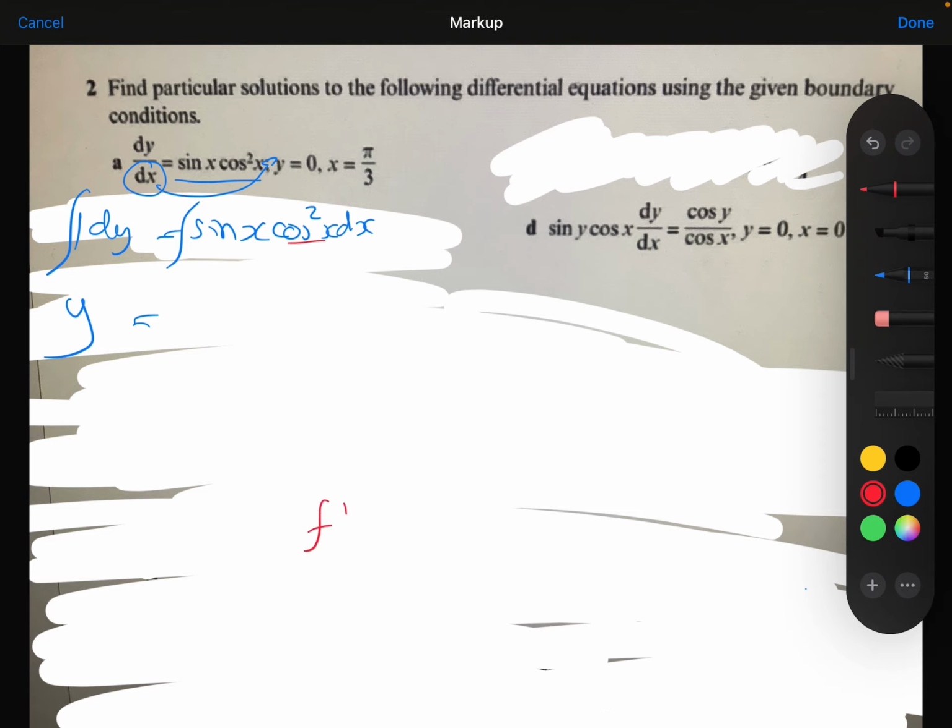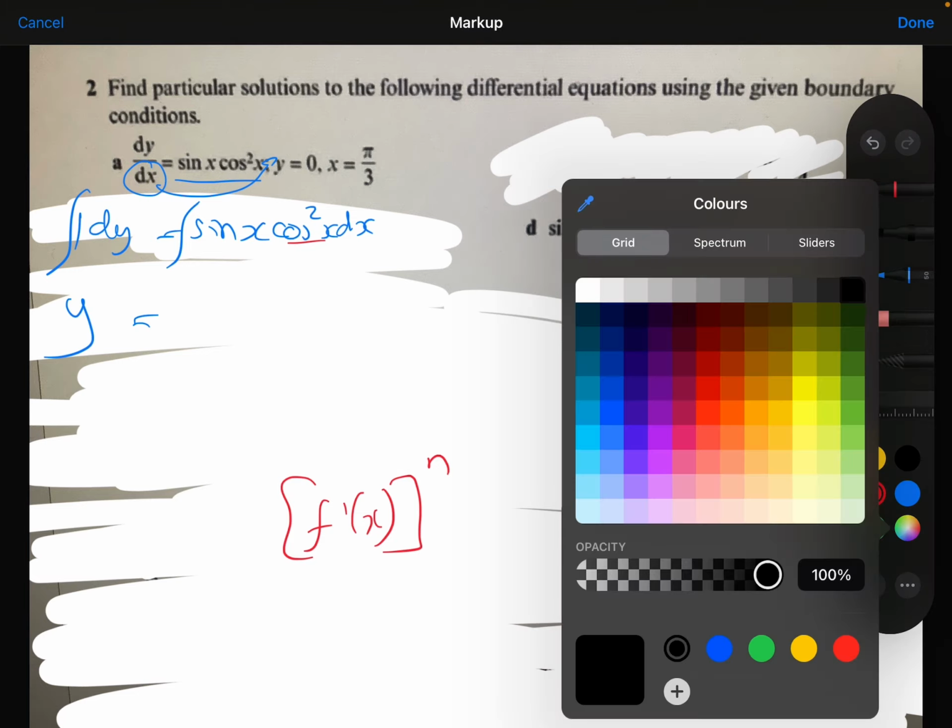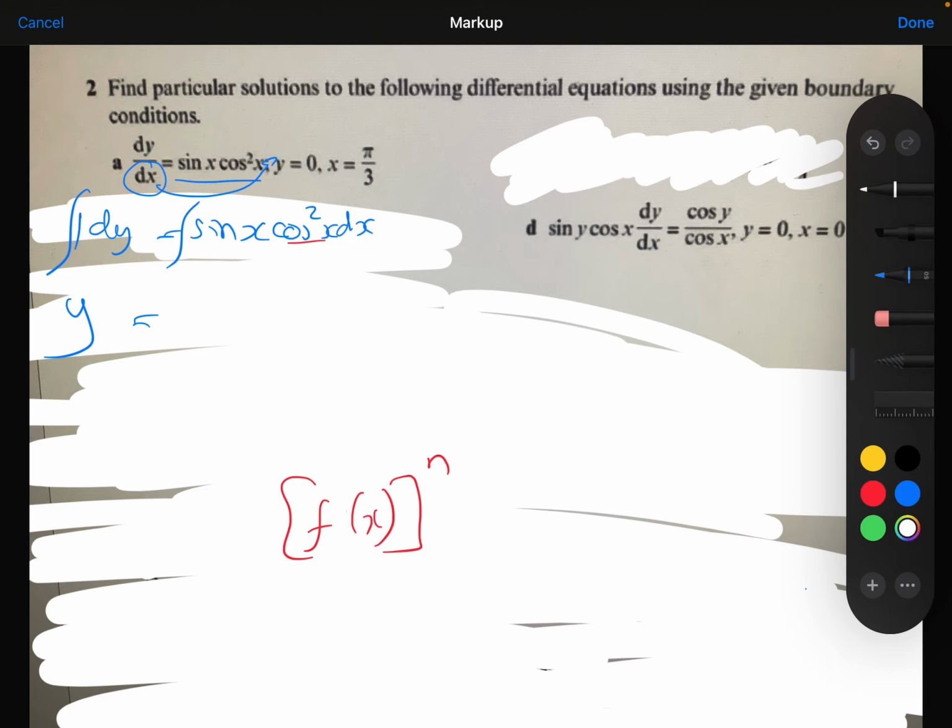So basically, the technique I'm using here is this spotting a derivative technique, where if you have a function inside a power, and if you can spot that the derivative is multiplied by that, then what you can do is ignore the derivative completely, raise the power by adding 1 to it, and then divide by the new power. That's the technique I'm using here, because I've spotted that cos is inside the squared and the derivative of cos is minus sine. So if I put a minus here and a minus at the front there,